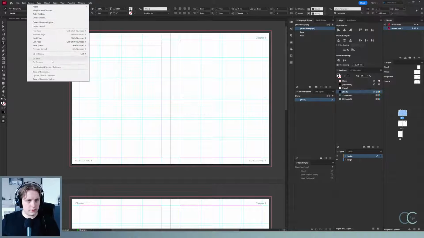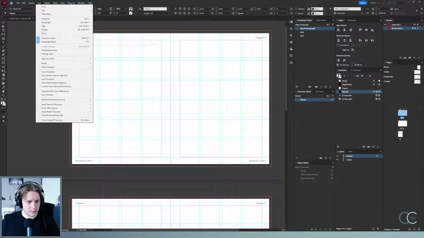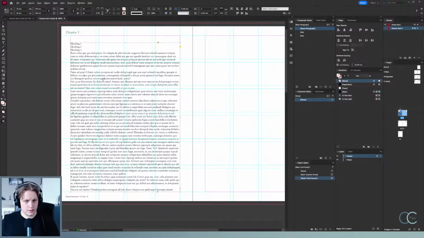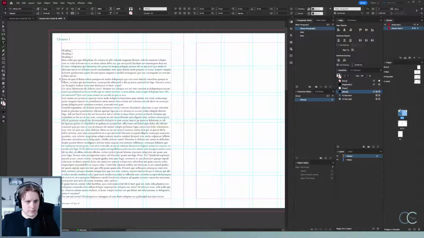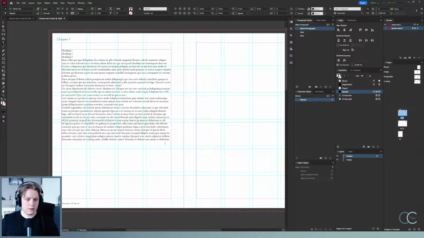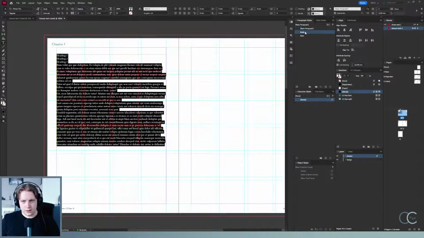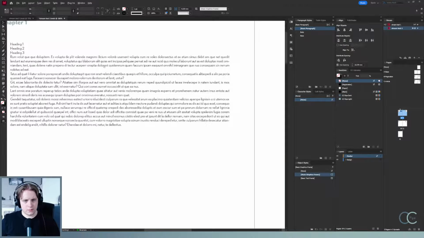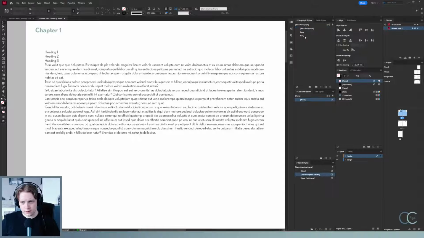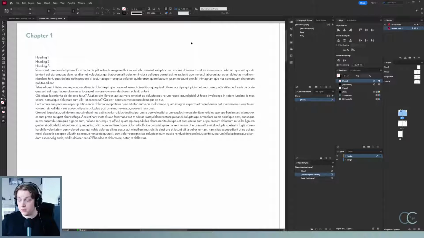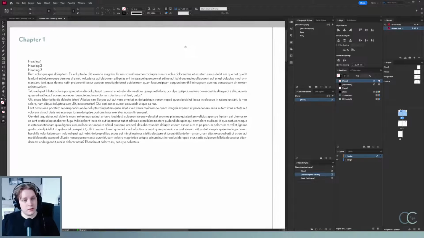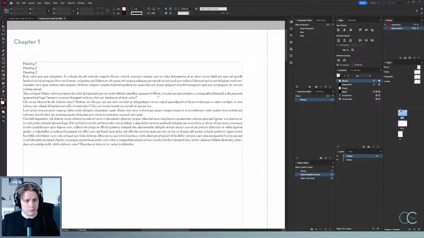Then we can fill with some placeholder text, and maybe we'll cut this off. It's a bit unnecessarily much. Just so we have something to go by, we can apply body, pretty small, but if it's a text document, like a printed document, it's probably perfectly fine. If it's something with a lot of text,